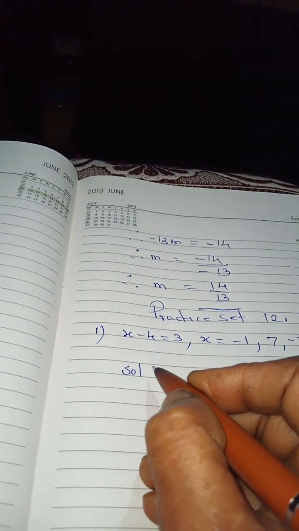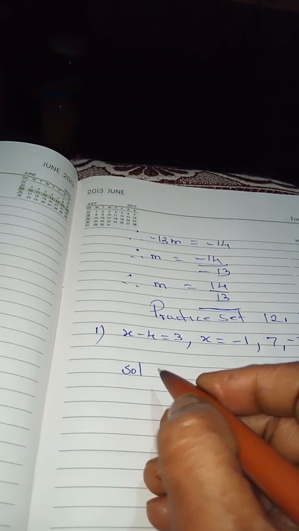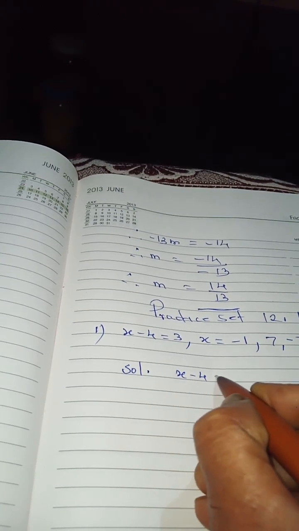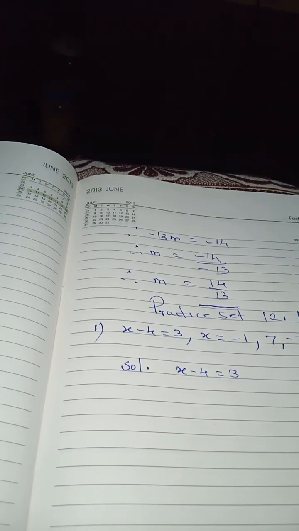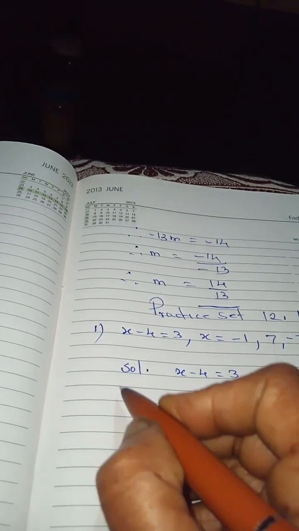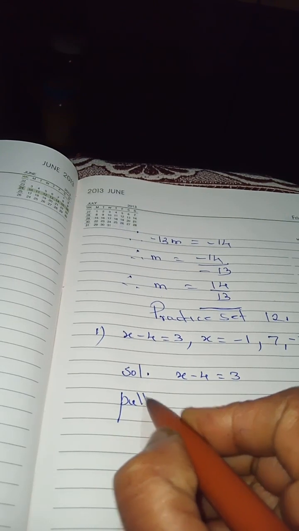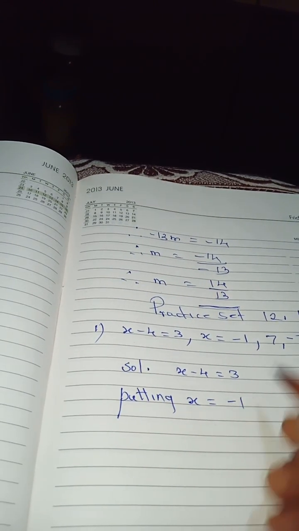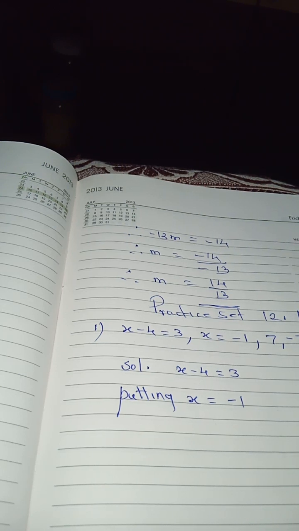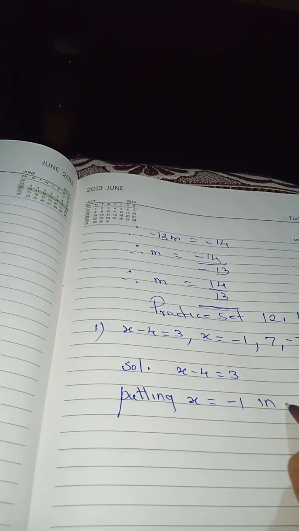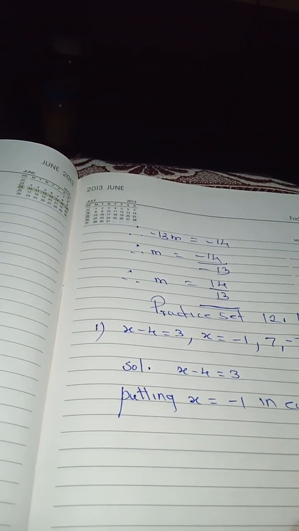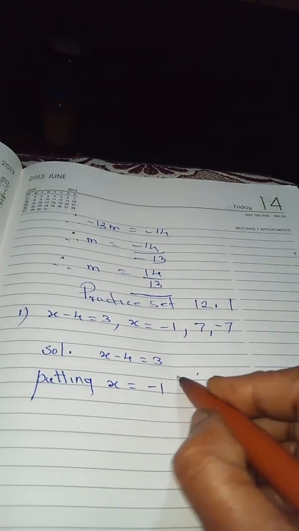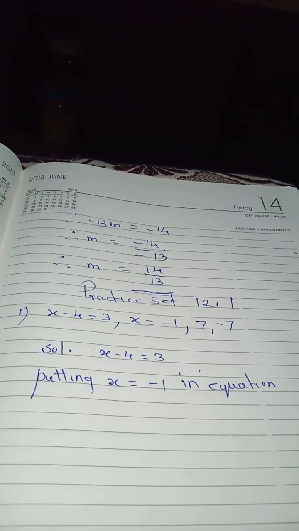Solution in what way? We'll do it now. First you take x minus 4 is equal to 3. Now putting x is equal to minus 1 here, as given in the equation, we get